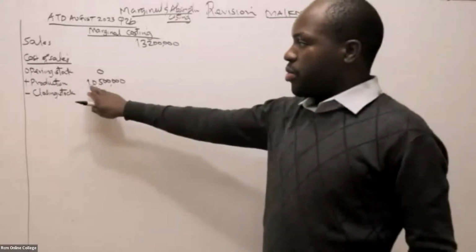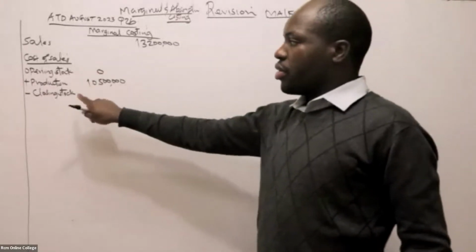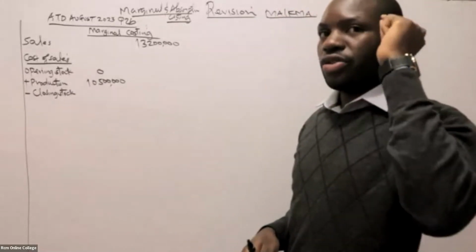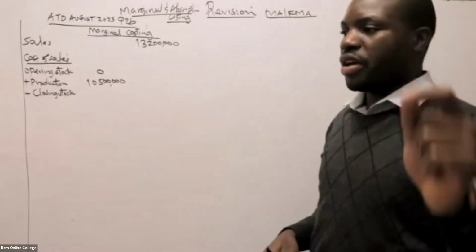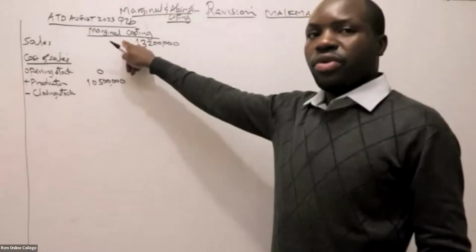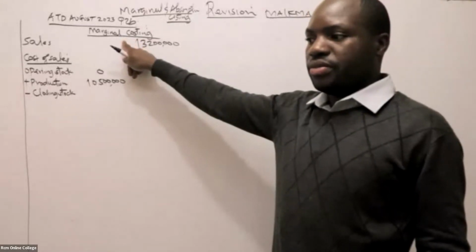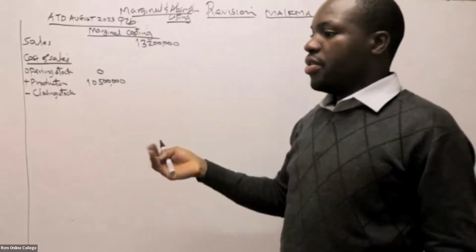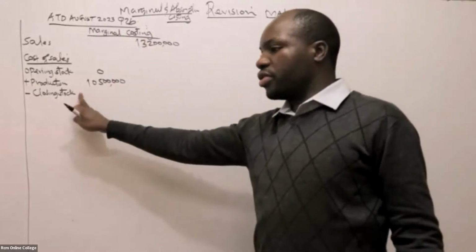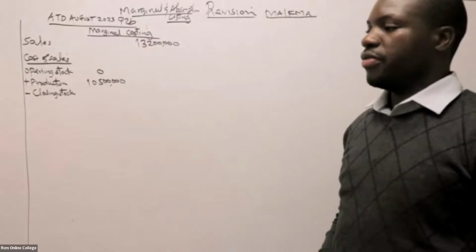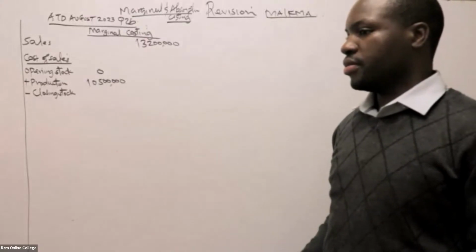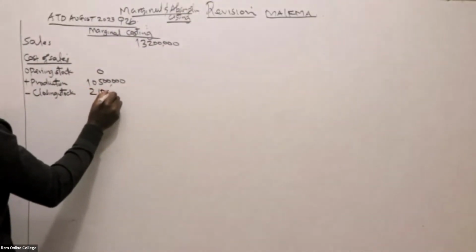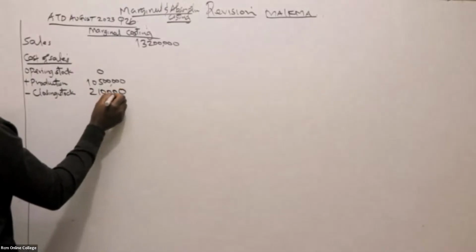So here, the production is 10,500. Now, this closing stock we have, 6,000, has to be valued at the production cost per unit. What was our production cost per unit under marginal costing? It was 350. So when you take 350 times the quantity of closing stock, that is 2,100,000. And remember, you're supposed to deduct